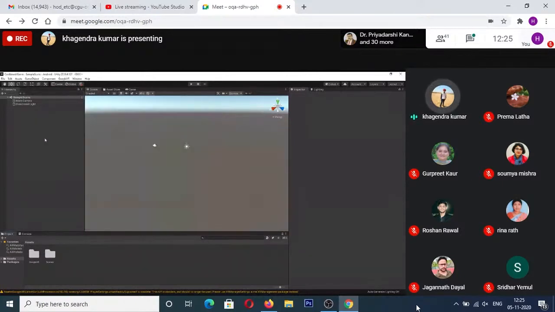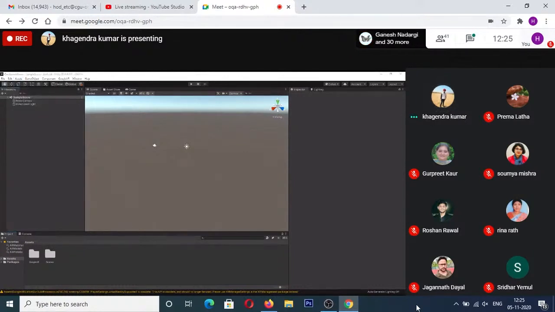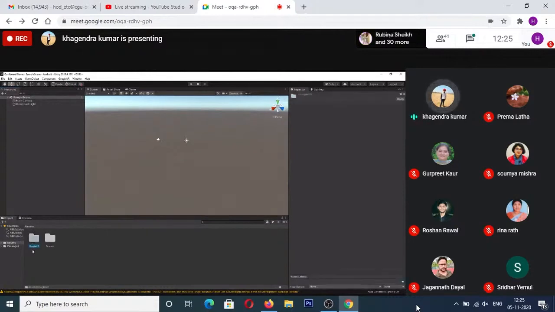That's it. Now after you do that, you have to go to Assets, Import Package, Custom Package, and import the package that you have downloaded just now. Did you import the package? If you have, you can verify it with the Google VR assets file. You will be able to see the Google VR folder at the bottom.